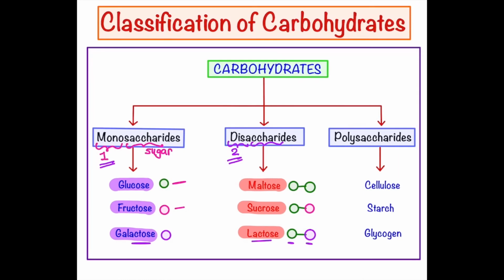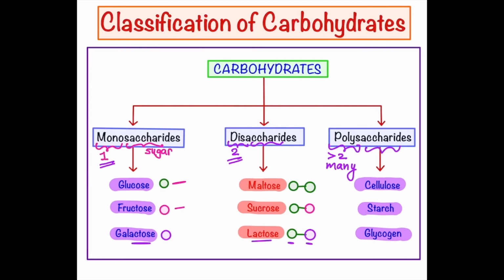Now we have to see the example of the polysaccharide. Poly stands for many, meaning more than two monosaccharides, or many monosaccharides, will join together, and then they will form a polysaccharide. The examples of these polysaccharides would be cellulose, starch, and glycogen. We are going to discuss in detail what cellulose is made up of. Basically it is made up of beta glucose. Starch is again made up of alpha glucose, but many monomers of alpha glucose will join up and form the starch. Glycogen is also made up of alpha glucose monomers.